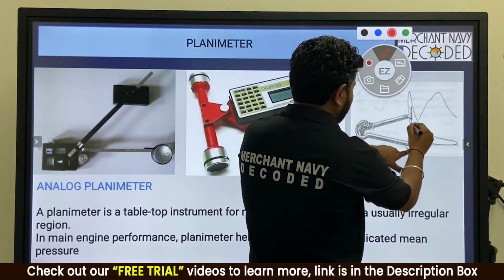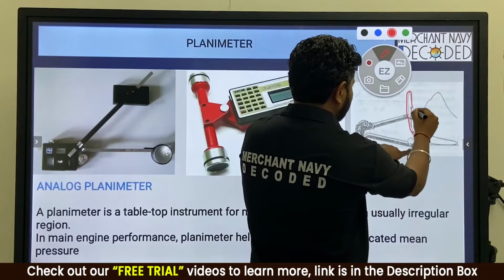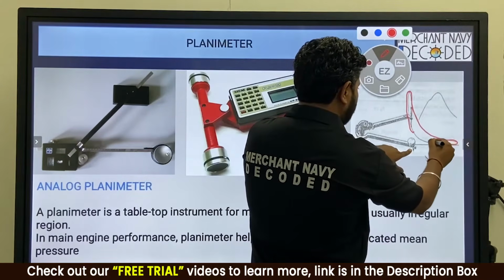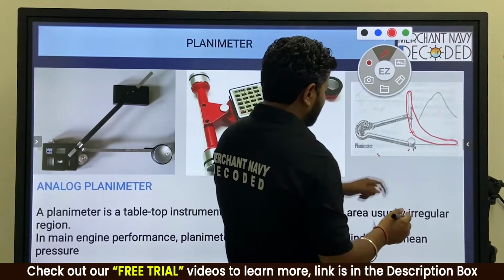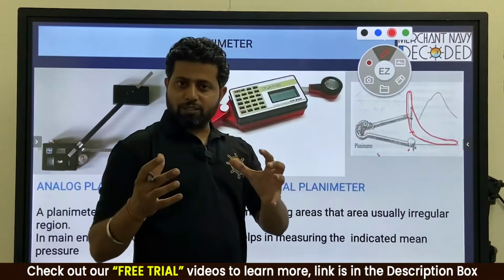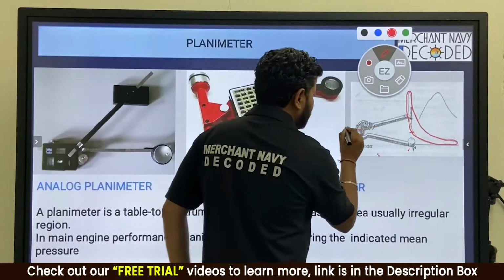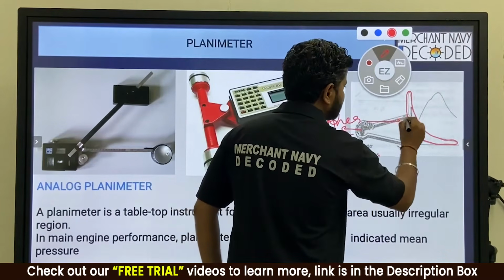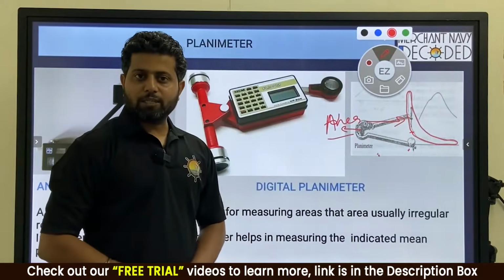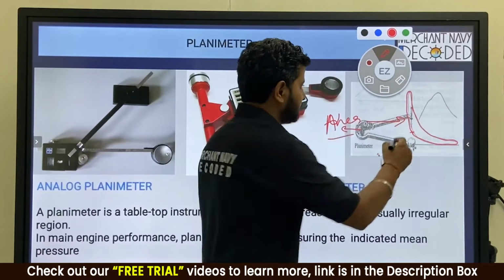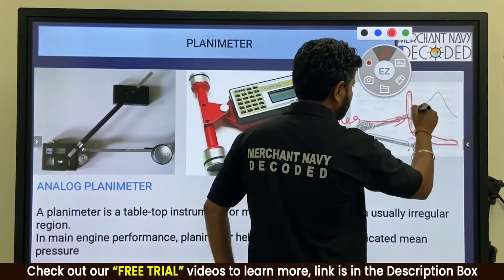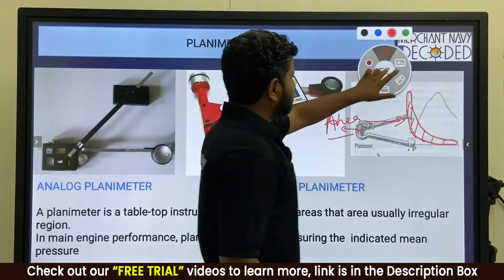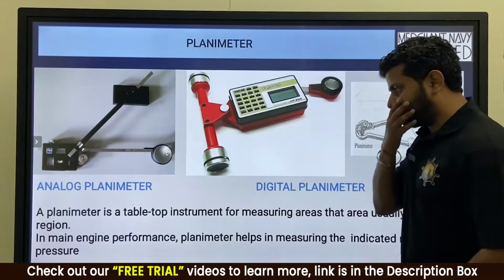So you start from here. It traverses like this, exactly like this, and it comes back. So when it comes back, like in a vernier scale, you see a vernier caliper, over here you will be getting the area of this region out here. कि भैया how much is the region inside? So which region am I talking about? This region. Copied? So this is where the planimeter comes into play.